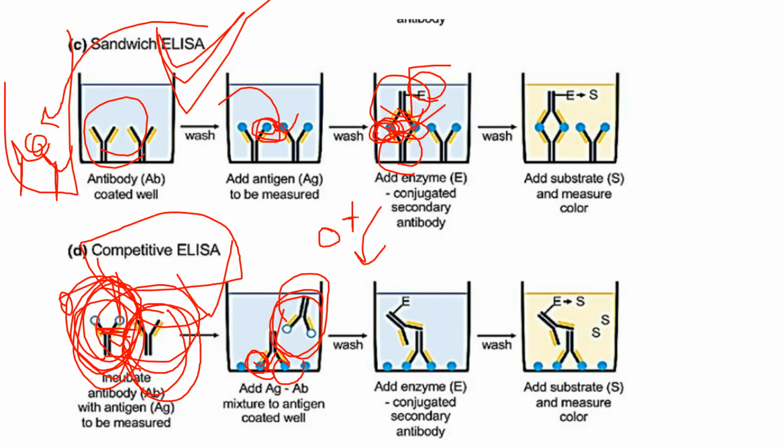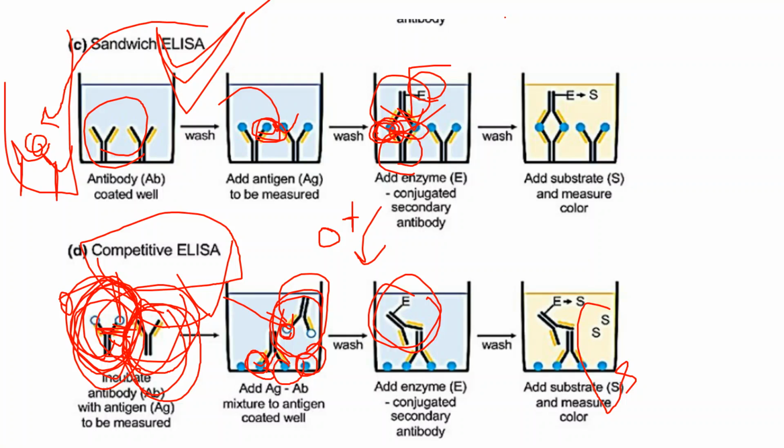So first they incubate, and the antibody which is not bound will bind with this antigen. After that, we add the enzyme link, and then we measure this antibody. So here is a competitive ELISA, as the name suggests, competitive. Competition is there because these already bound ones have a high affinity with the antigen. Now only the antibody which doesn't bind, or whichever has the strong affinity, will go. If this antigen has weaker affinity, then they'll remove this and add with the second.